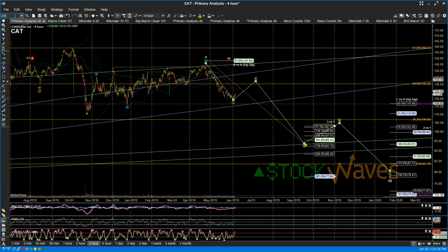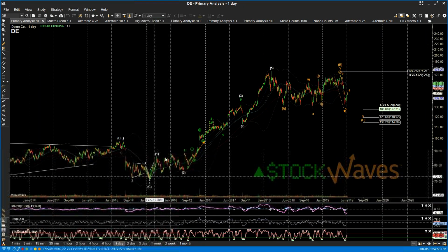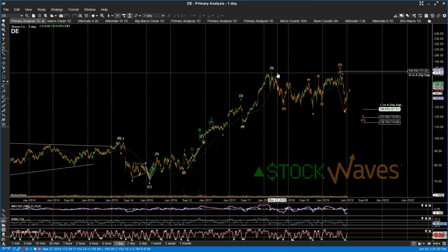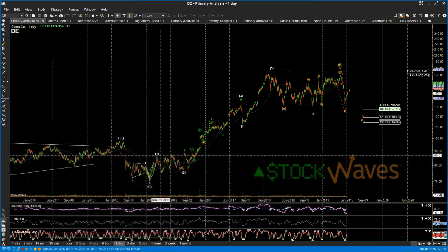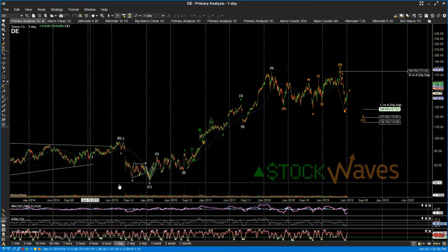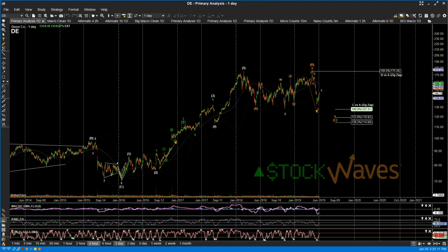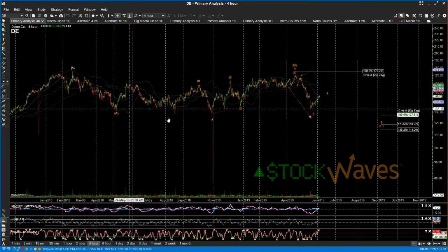Let's move on and take a look at DE, John Deere. John Deere also has a very nice 5-wave move up. It counts cleaner as 5 waves up off of the 2016 low. It's not really clear how this fits into a broader context, but in the shorter term, we certainly have a